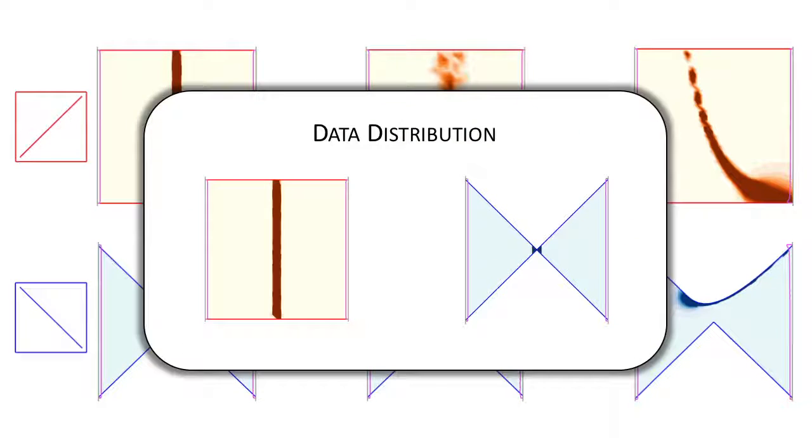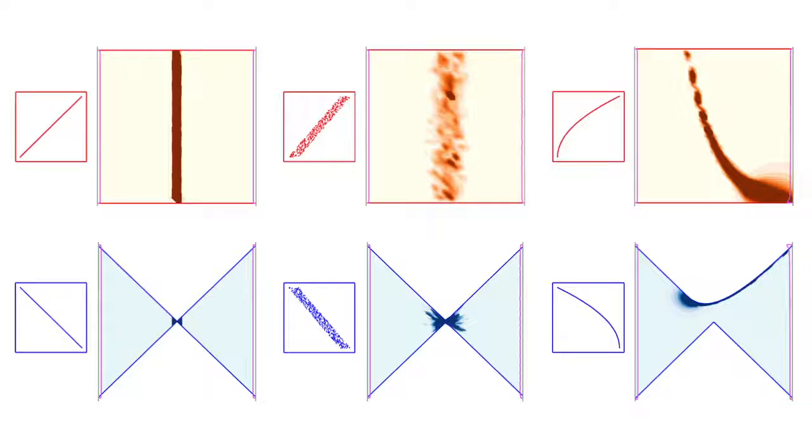The final visual encoding is a data distribution. This distribution is a pink histogram along each of the axes. This can serve as an indication of the uniformity of data points. Lower regions are indications of outliers or weaker trends. In the case of these data sets, the data are mostly uniformly distributed, with the exception of some small variation